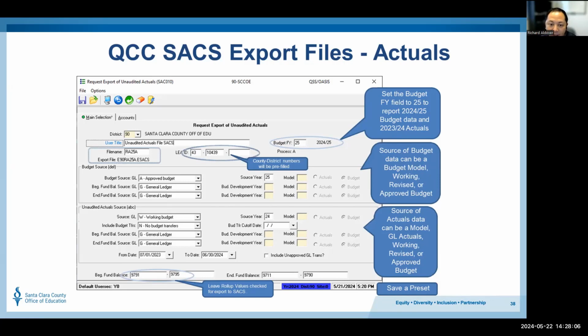For budget year, fiscal year, since we're doing the next year, we have it set to 25 for 2425. Your source will be your approved budget for source year 25, and then your unaudited actual source is your working budget from the current year. At the bottom there, you just want to leave the roll values checked so that they follow the SACS export